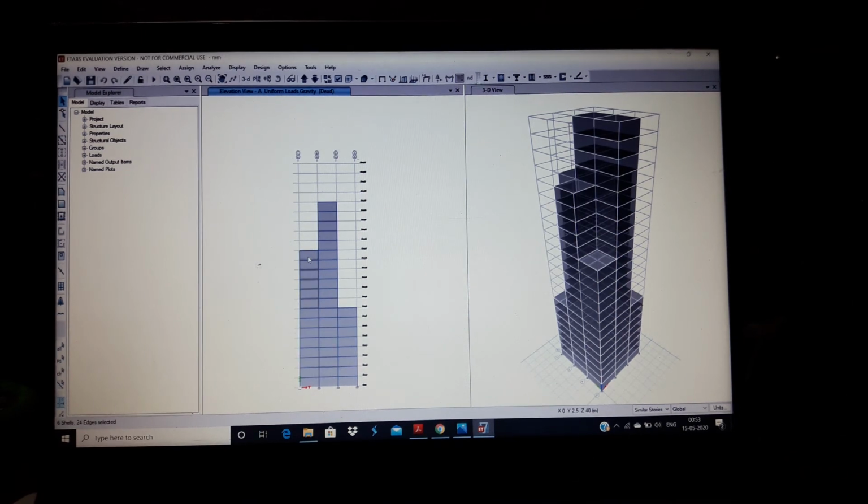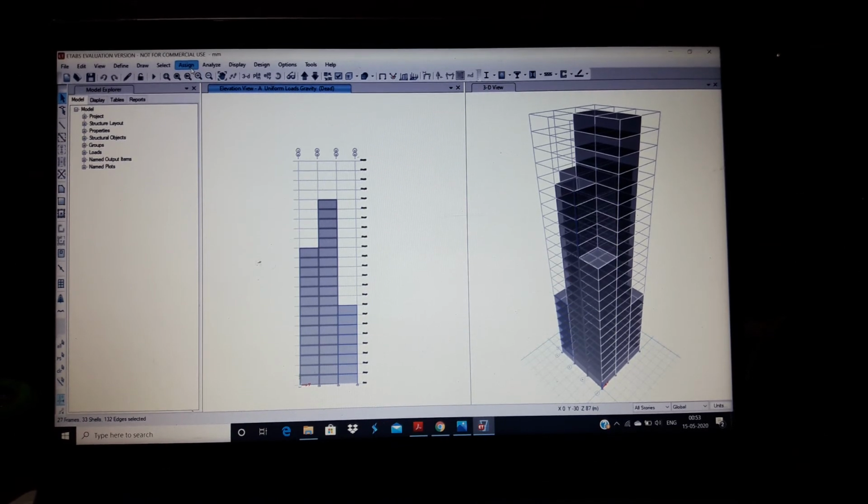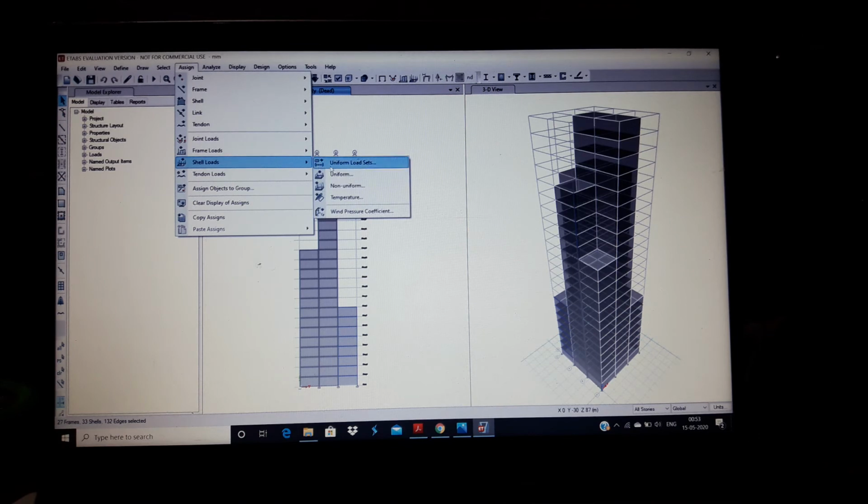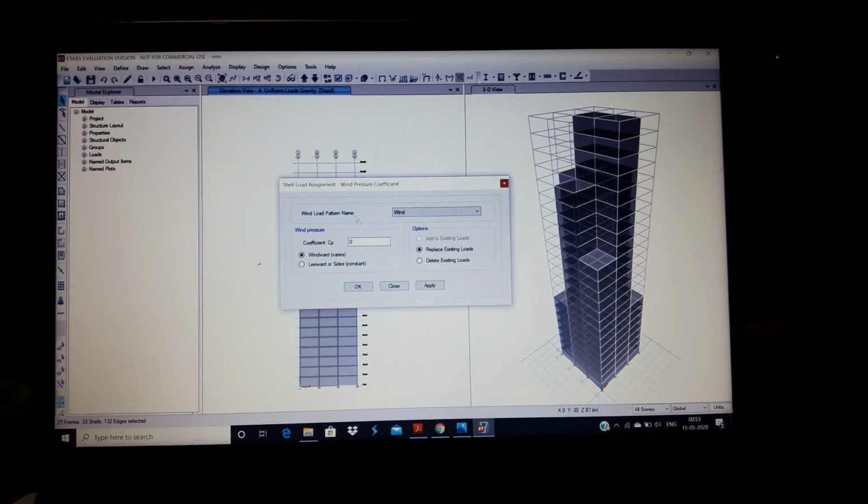Select all these. Firstly set to all stories and then select these, and then from table 4 of the IS code we can assign shell loads, wind pressure coefficient.